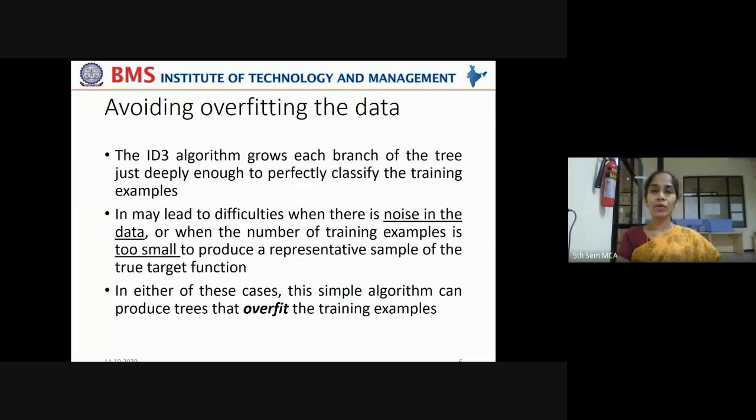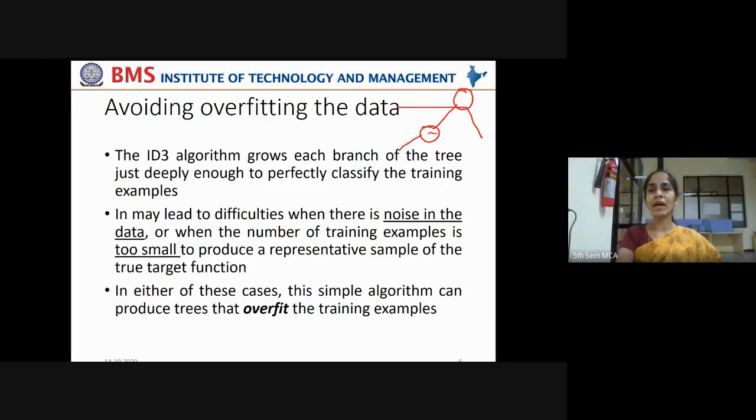Now, how to avoid overfitting the data? The ID3 algorithm grows each branch of the tree just deeply enough to perfectly classify the training examples, right? So when you take the ID3 algorithm, it starts with the root node. A condition is checked. If the condition is yes, do something, or no, do something, meaning to classify the training examples. Now another attribute is checked here.